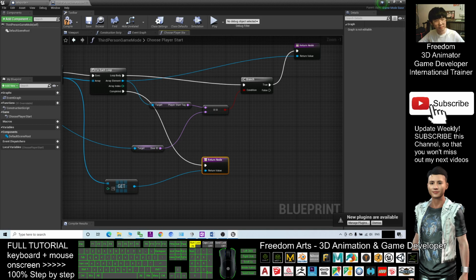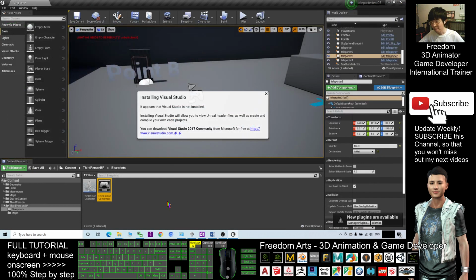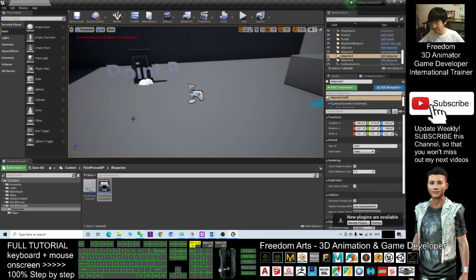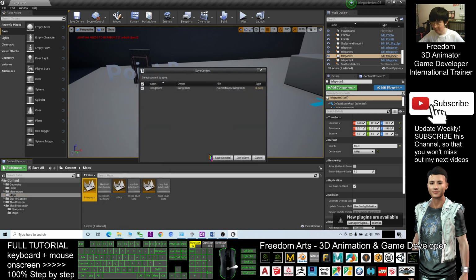Now, next, click compile. And here you save. Teleporter also save. Now you can close it. Next one, back to your map folder. We are going to set this in every map blueprint. The living room,